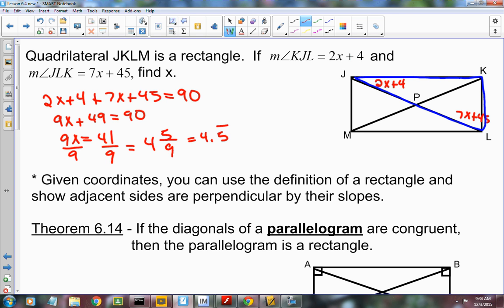Okay, so the next problems that we're going to work kind of work backwards like we did yesterday, where we have to prove that it's a rectangle, okay? And I'm going to show you two different ways that you can do that. One way is by using the definition, okay? The definition says you have four right angles. Well, if you have four right angles,